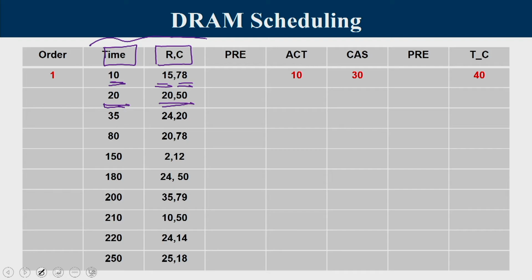Initially the row buffer is empty. Now when you look at time 1, there is nothing in the queue, at time 2 there is nothing. So the first element reaches only at time 10. As and when it reaches, we have to schedule it. So we will give an activate signal, because the row buffer is empty. When you give an activate signal, it takes 20 cycles for the data to reach the row buffer from the row. So at time cycle equal to 30, the data is ready in the row buffer. Then you apply a cache signal, it will take another 10 cycles. So the transaction is complete at clock cycle 40.